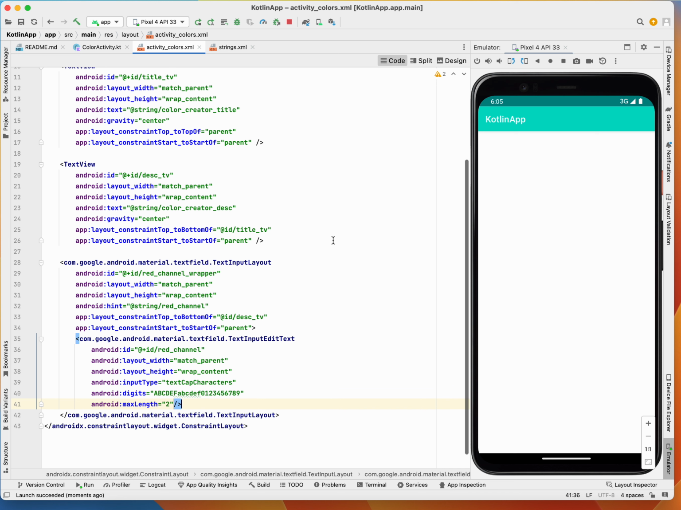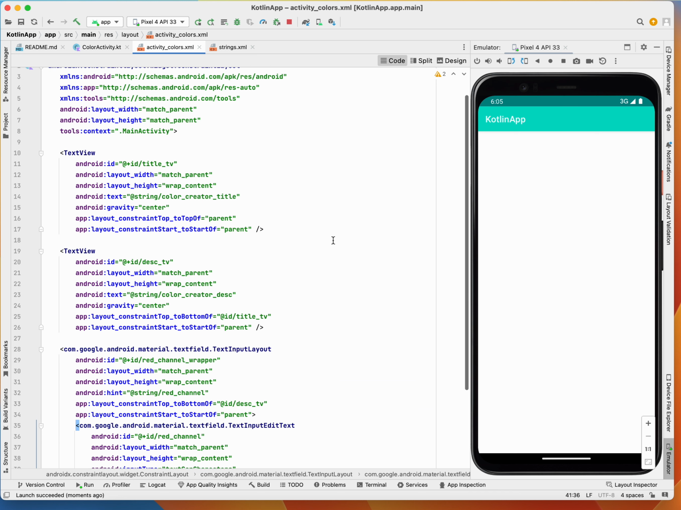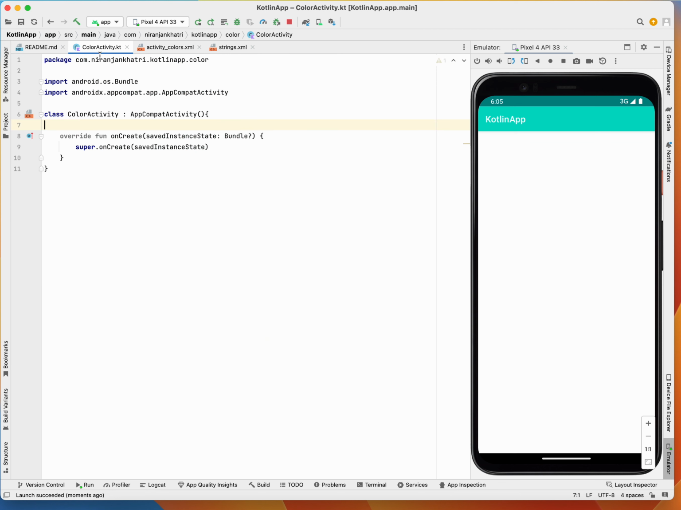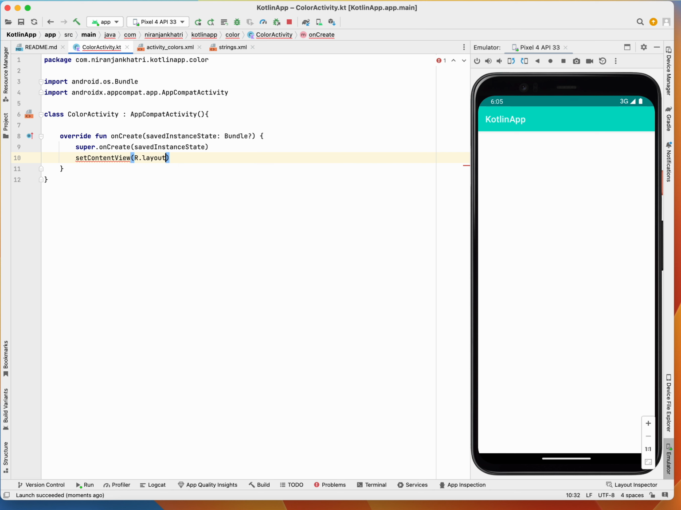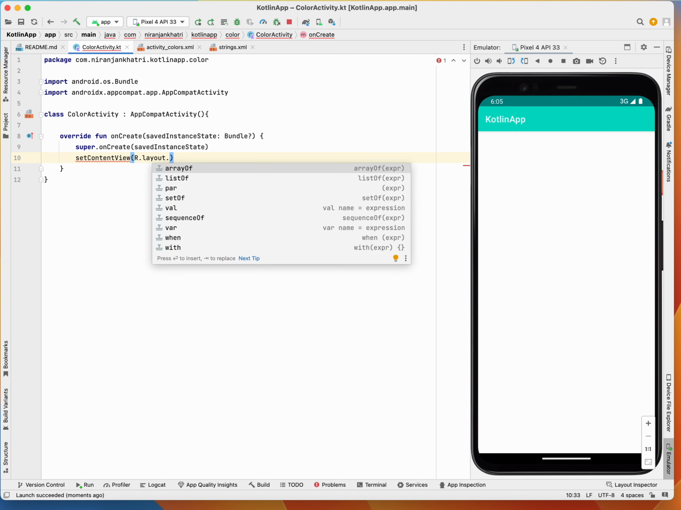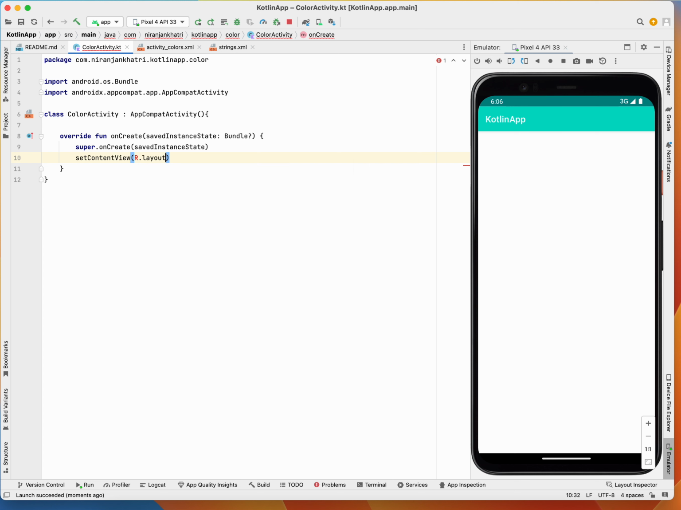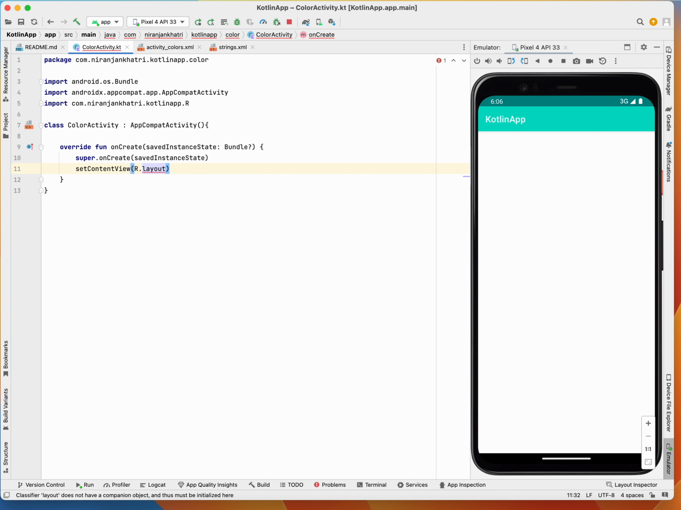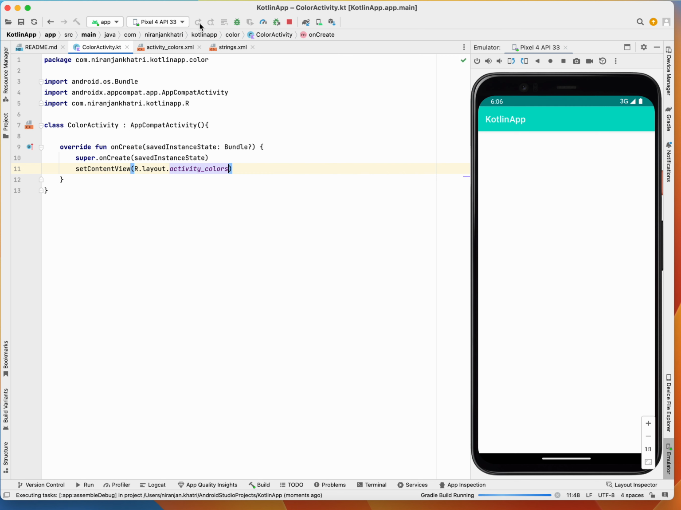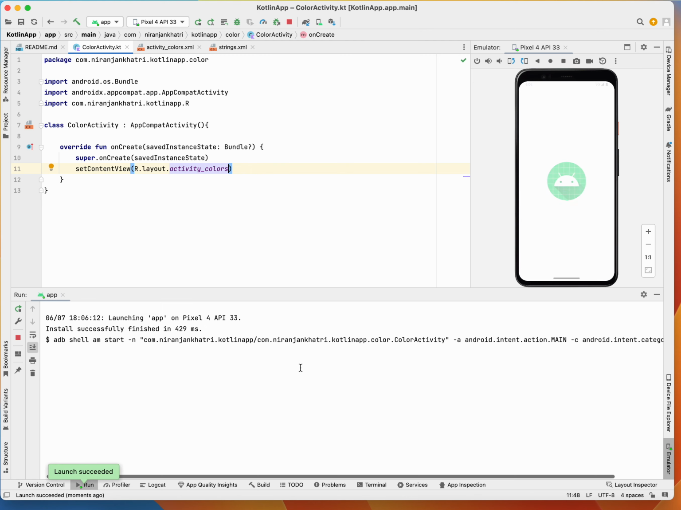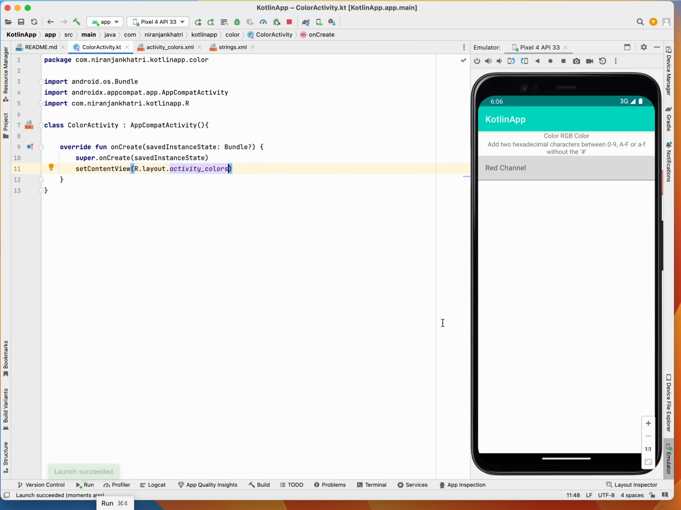Okay, nothing is working for the moment. Why? It's activity colors. Okay, because we don't have set content view. Activity colors, guys. Okay, yes, I can see that this is working pretty fine,